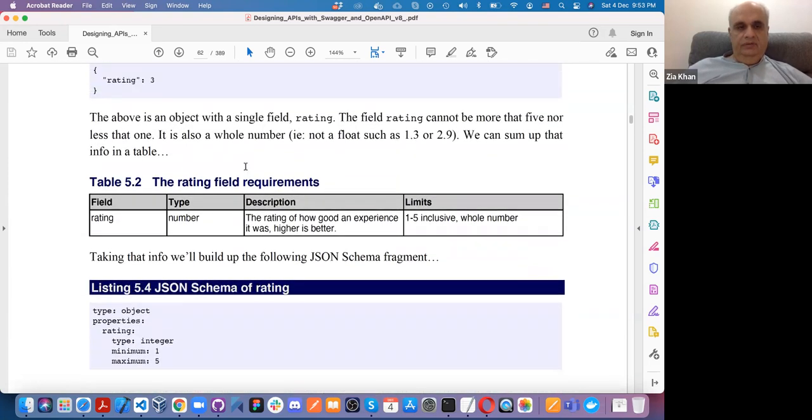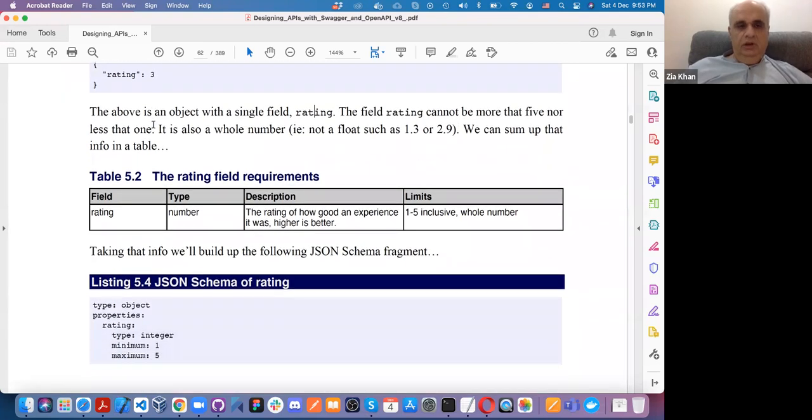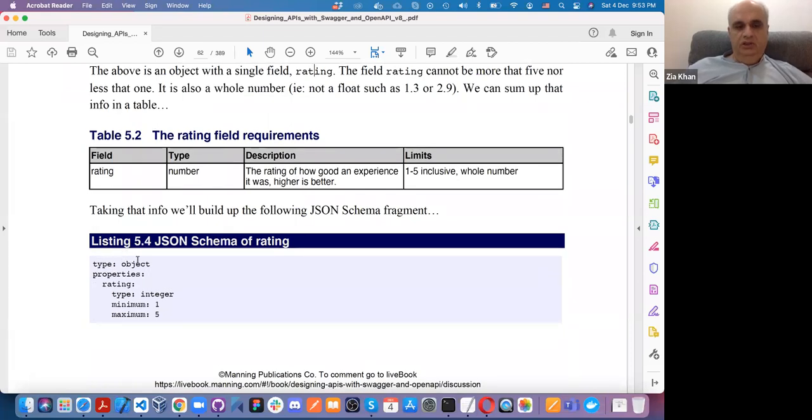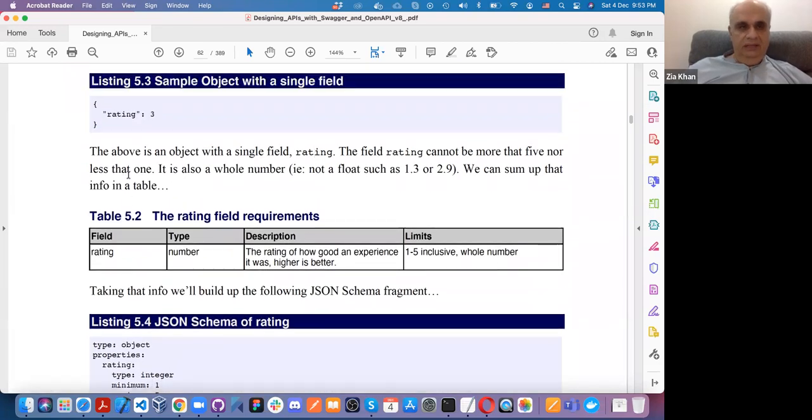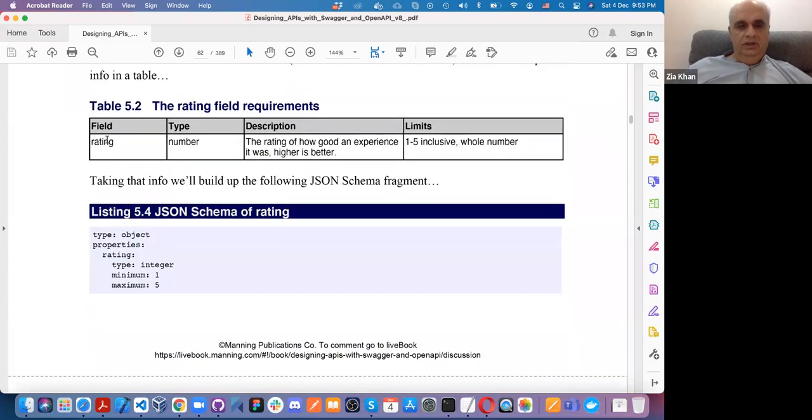For example, if we say this is a JSON object, as you already know, in JSON objects you have a name and the value. How do you write it? You say type is equal to object, properties is rating, with type integer, minimum value 1, maximum 5. So this thing in JSON, you define it in this JSON schema.